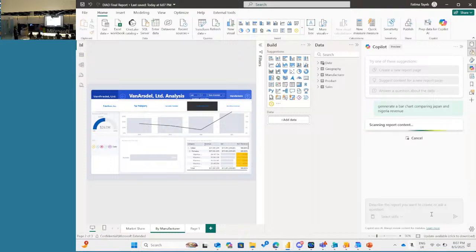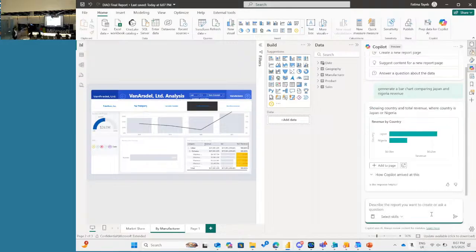So we have to actually publish the report in order to access Copilot? Oh, that's a good question. For Copilot, you would need the licenses for that. When I say license, you basically need to have Fabric enabled. So if you have Fabric, then you can have Copilot there. But you cannot use it with trial capacity. You have to actually purchase it.